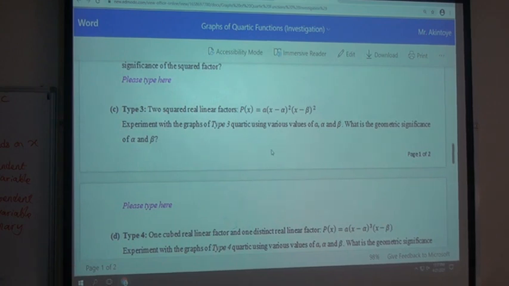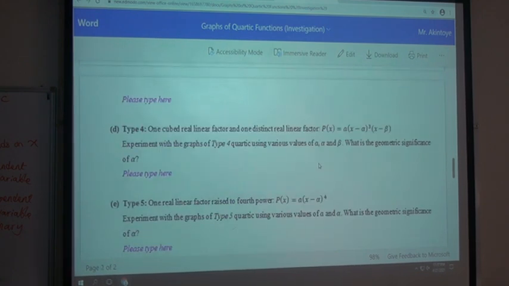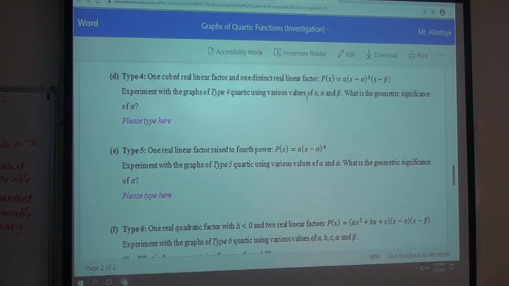So we know that A is going to stretch it, by how much it stretches, on the positive or negative axis, and alpha and beta is where it's going to touch. And all the part of the curve is either above or below the y-axis. So if you have 1 cube,